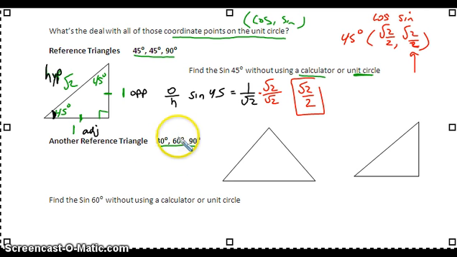There's a 30-degree angle, there's a 60-degree angle that is on the unit circle. So let's apply the same concept to a 30-60-90 degree triangle. So first thing I'm going to look at is this equilateral triangle, okay? Which means 60, 60, and 60. But if I was to take the time to draw an altitude in here, so I can get a right angle out of here,